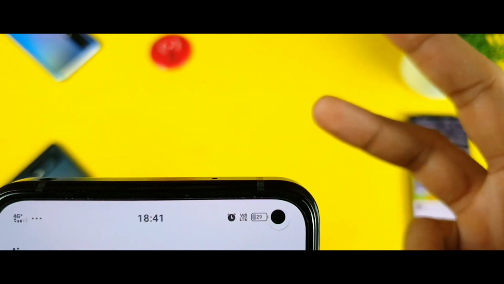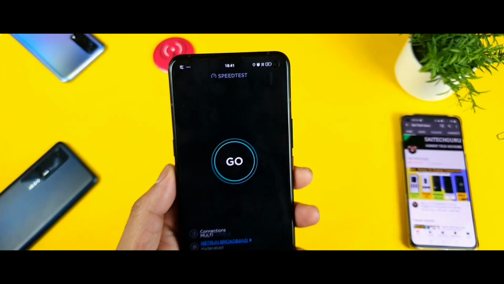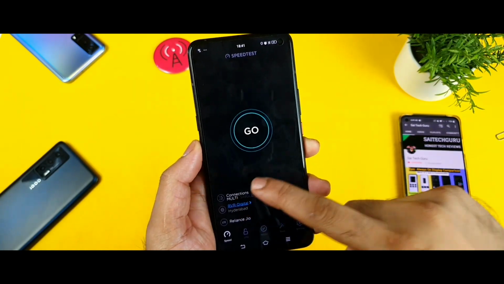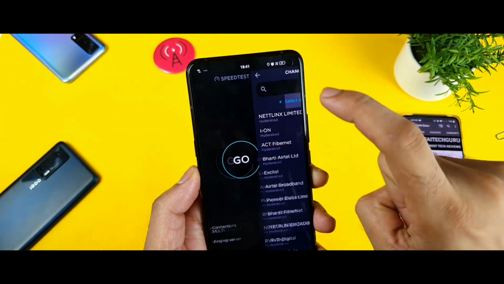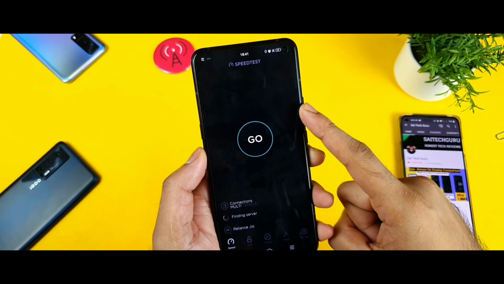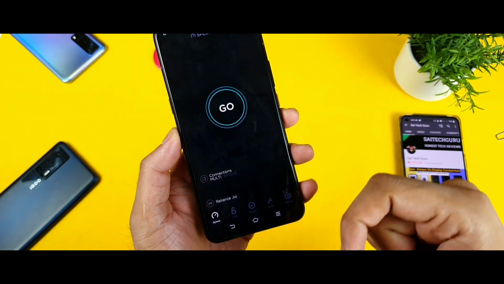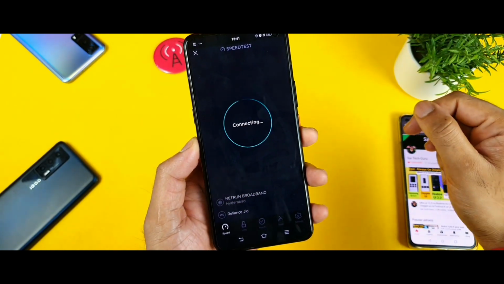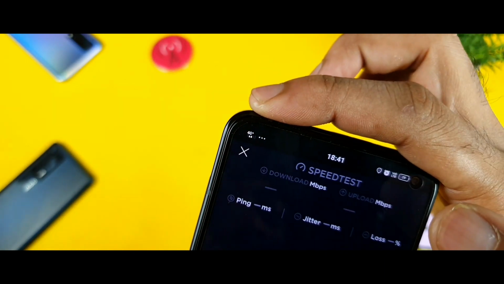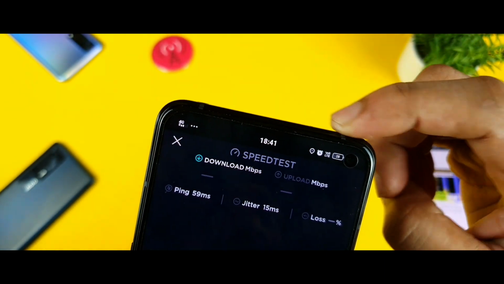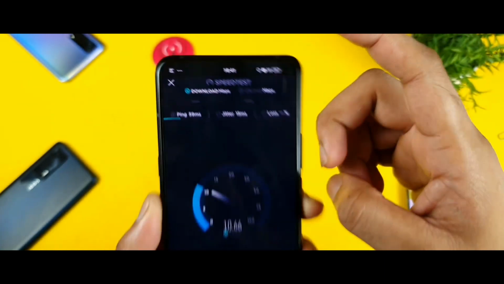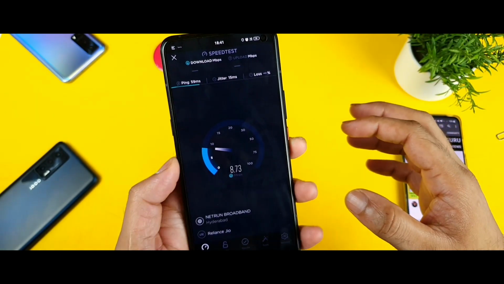Just now I got 3 bands. So I did get the 3 bands on this iQOO3 device, friends. Now let me try to select the server automatically. Let's see what will happen, whether I will get the Jio server or not. Right now I'm getting different kinds of servers, friends. I'm not sure why, but still I'm connected only to the 4G plus at this point. There is no Wi-Fi connected right now, only 4G plus. So I'm getting speeds close to 10 Mbps.